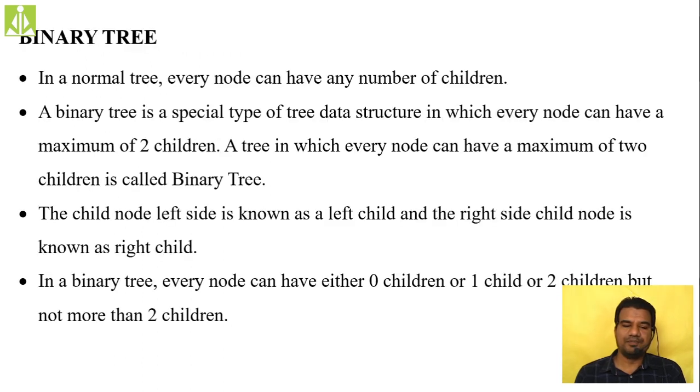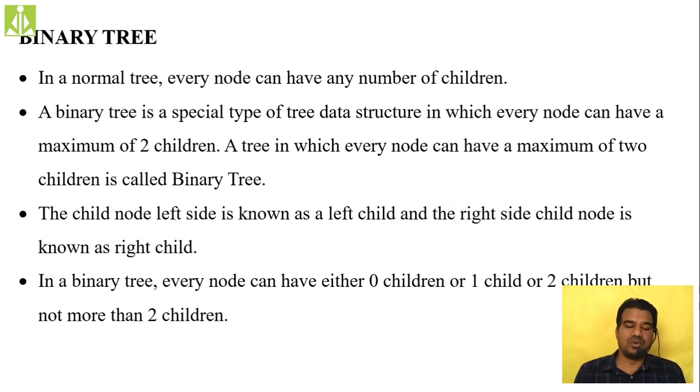Okay, so quickly, binary tree, it is a tree. First of all, it has to satisfy all the properties of your tree. In order to be a binary tree, it has to satisfy all the properties of a tree. Additionally, it has to satisfy one extra property, that is every node in your binary tree can have at most two children. So this property also it has to satisfy. Maximum or at most two children, in the sense it can have zero children, it can have one child, it can have two children, not more than two. If it is having more than two children, then it will become a tree but not a binary tree.